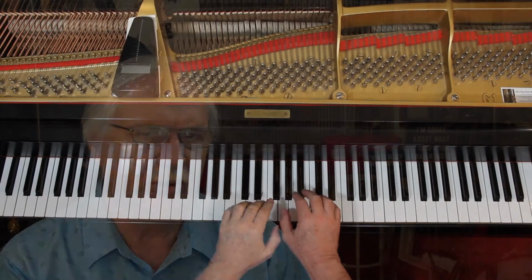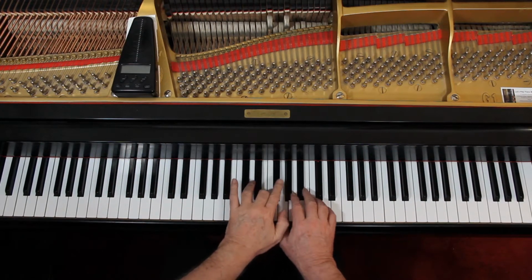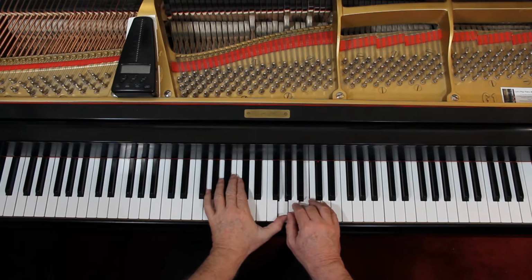Try and get these notes down at the same time so we hear that. That's hard to do. At least it is for me. 3 and 4. 3 and then